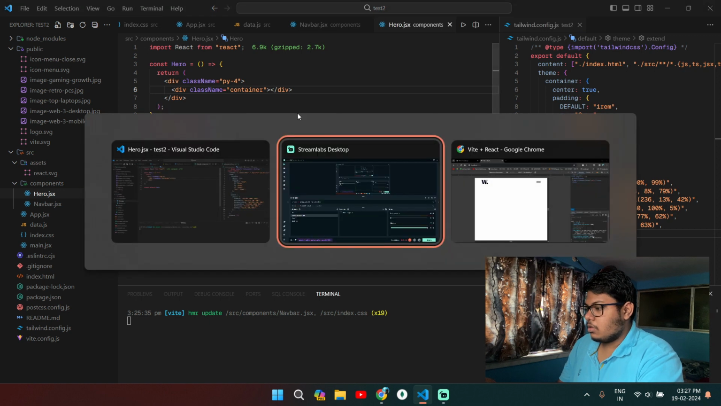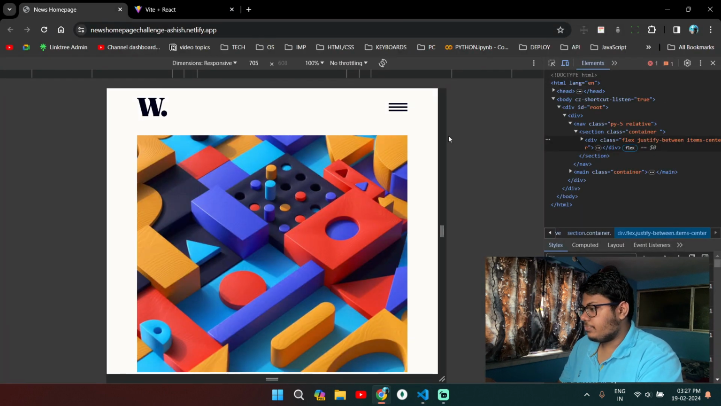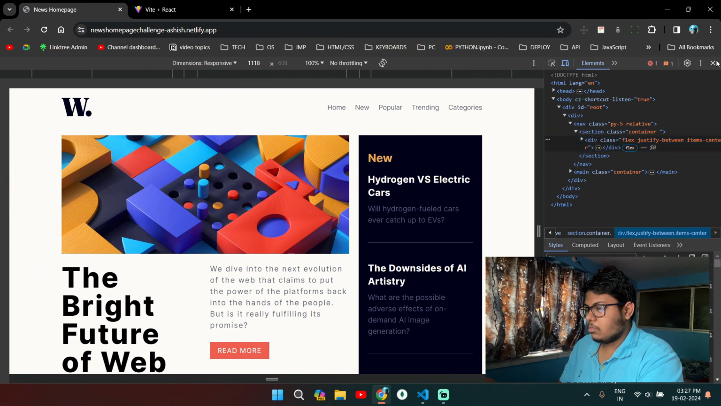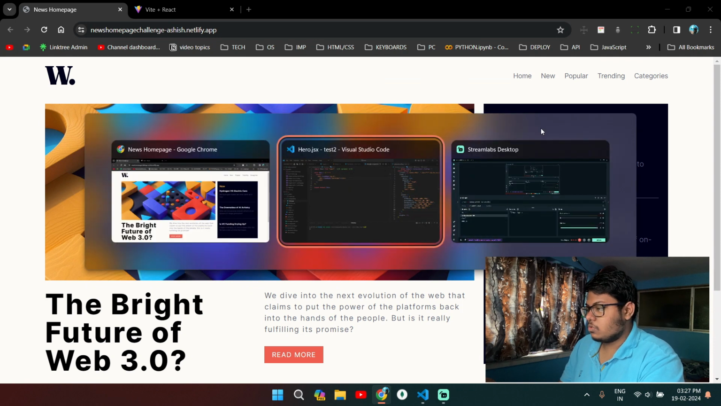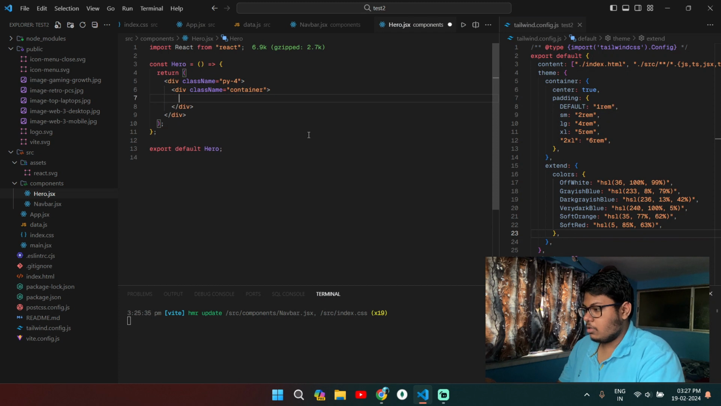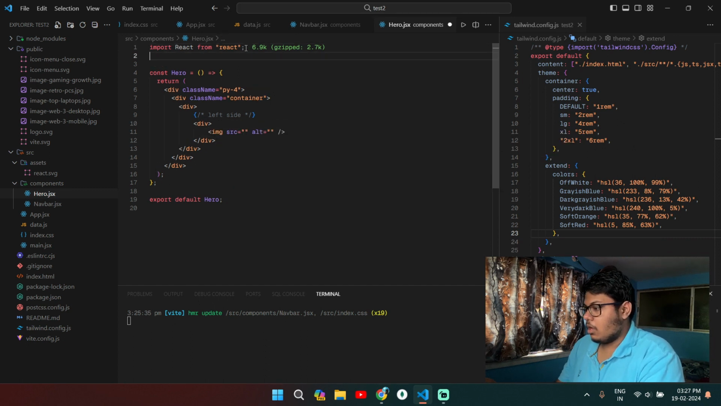Alright, now if we go back to our design, you can see we have an image in our left side. So this is our left side and this is our right side. So let's do one thing, let's go back and give a div, and under this div I have to create left side. So this left side div will have an image. So to do that, I can simply create a div and give an image tag and import our image from